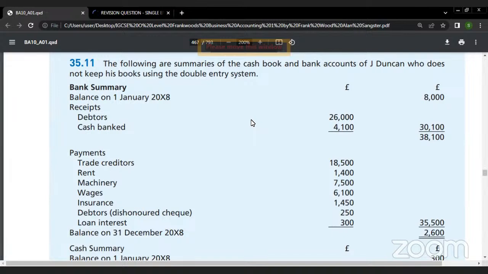If you can get a copy of that book, you can find this question under the questions on single entry and incomplete records. I've already shared this with most of the students. So I'll try to go through this, and then we see how we can come up with a complete set of financial statements from